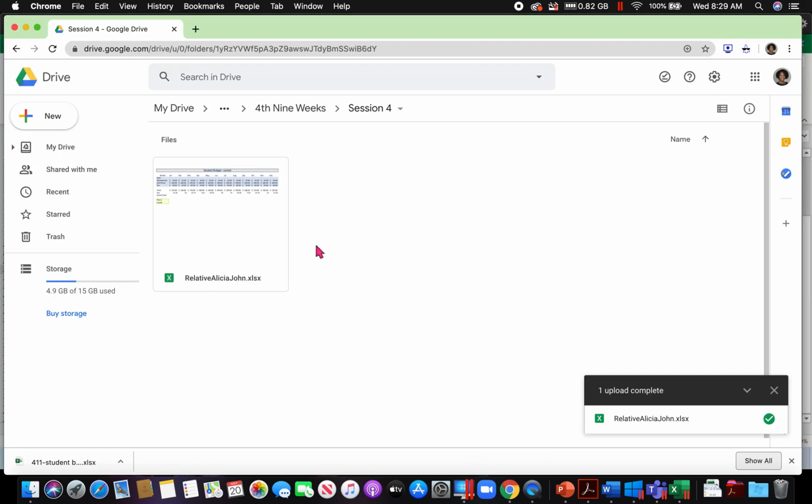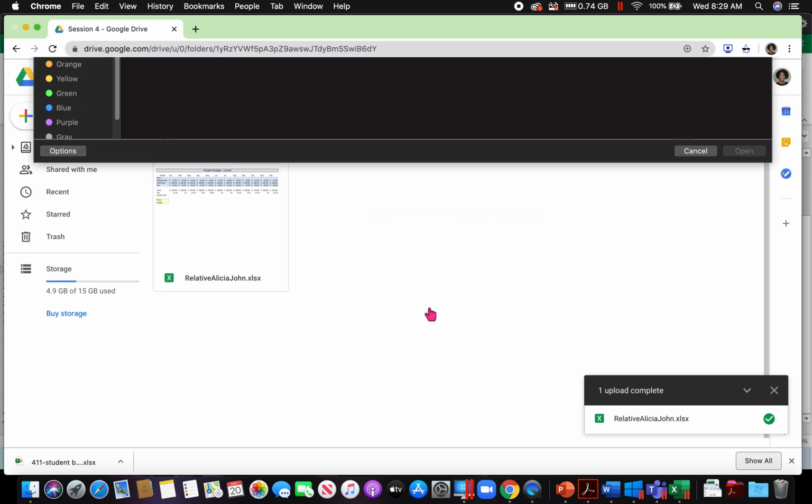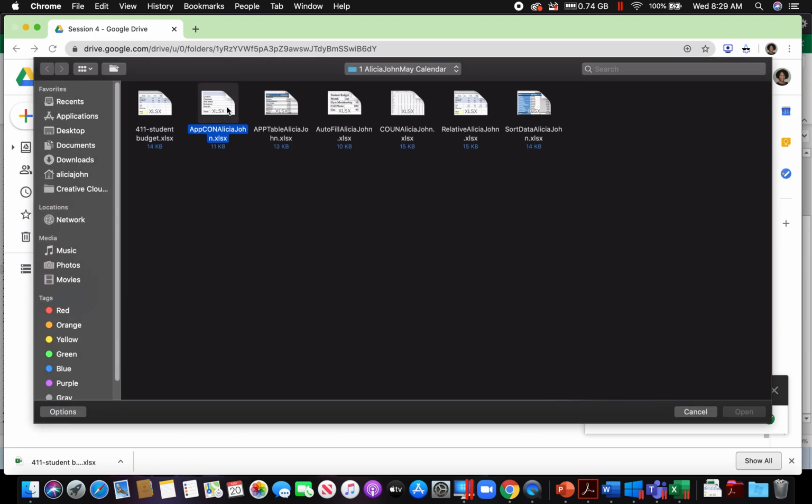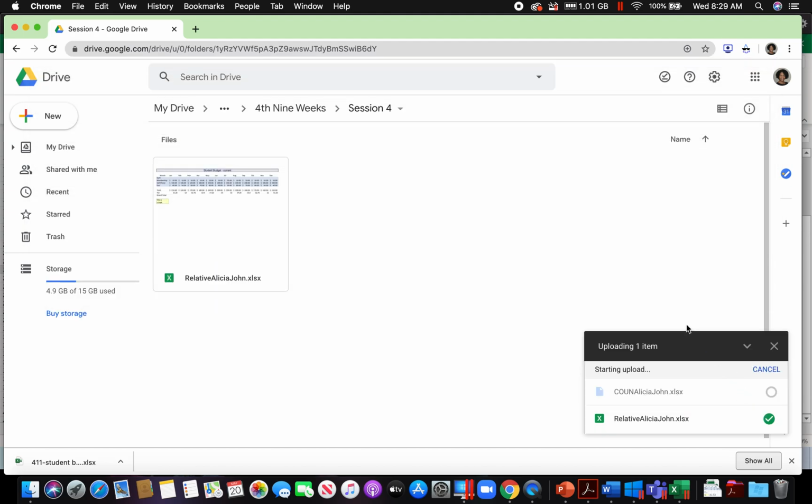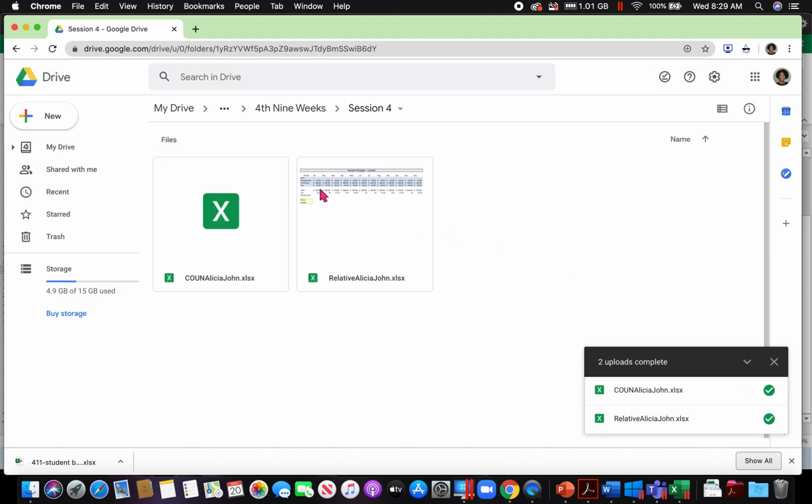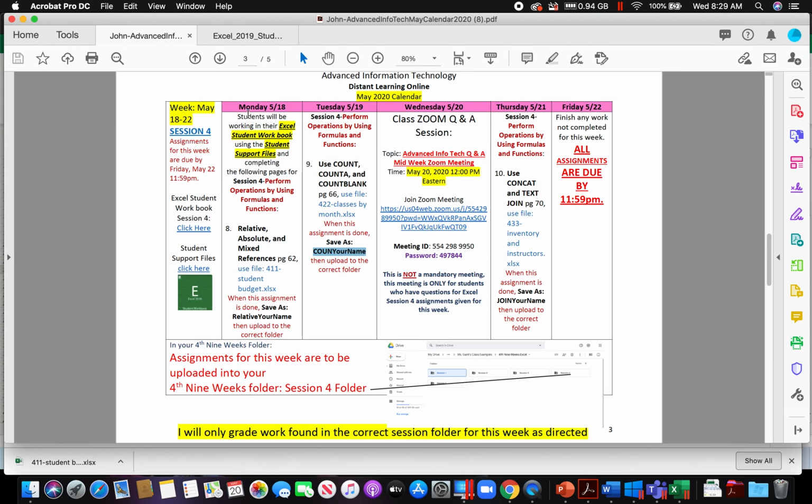Go to your drive. Make sure you are in your session 4. Make sure you choose the correct one. I almost uploaded the wrong one. If you notice, I automatically went to AppCon and it's Count with your name. So don't do what I almost did. And you upload. And now let's go to our last assignment for this week,